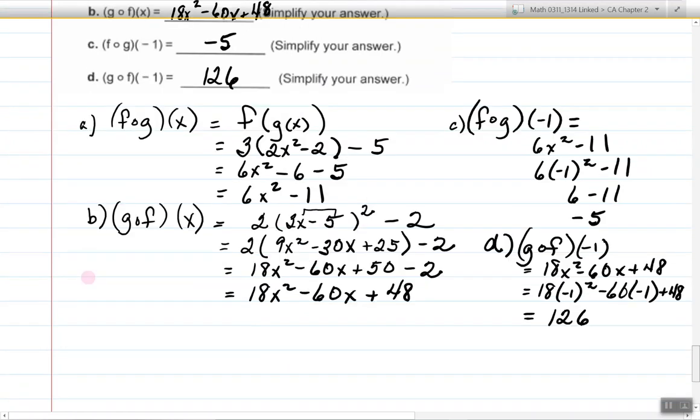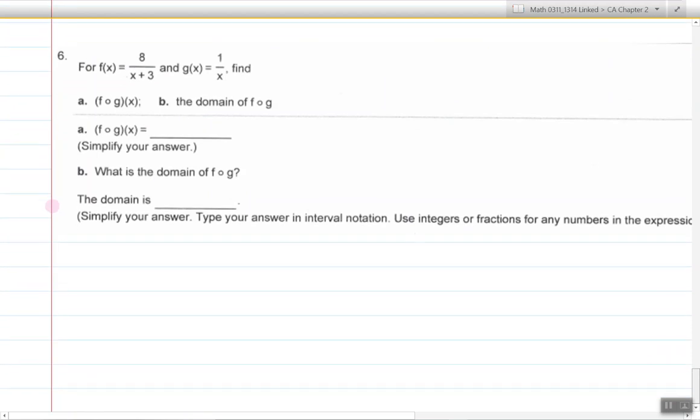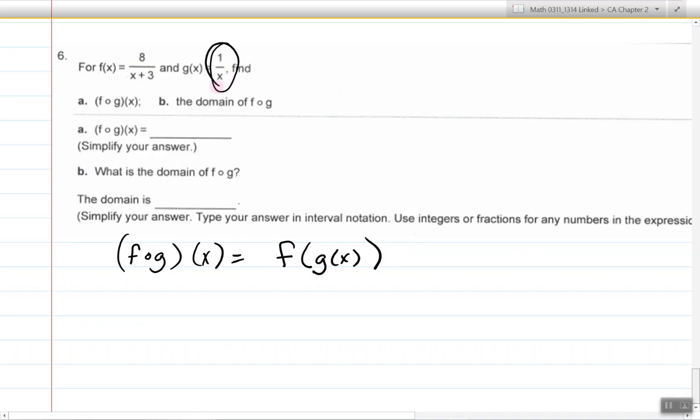Problem number 6. We're going to look at the domain of this, but we're not going to spend a lot of time on this in our course. If you go on to pre-calculus, you will. The first thing it says is to find f composed with g of x. Okay, that means f of g of x. The g function goes into the f function. All right, so that's going to be